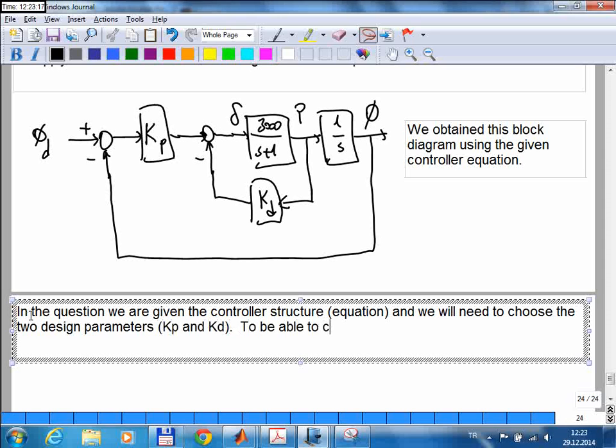To be able to choose them, let us first find the closed loop